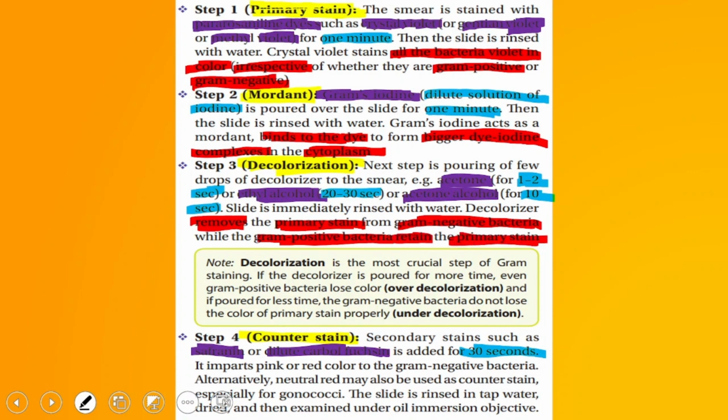Do you get why this is possible? Why is this happening? There is a question mark over here. The answer I will uncover under the principle, where I will talk about why gram positive bacteria retain the primary stain and the gram negative, on the other hand, loses the primary stain on application of a decolorizer. I will be discussing it shortly under the topic called principle.